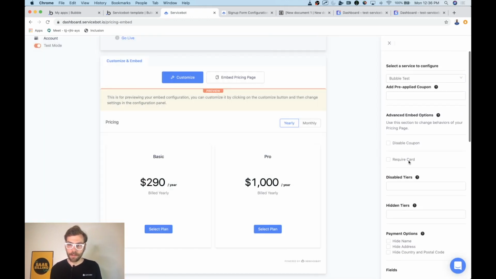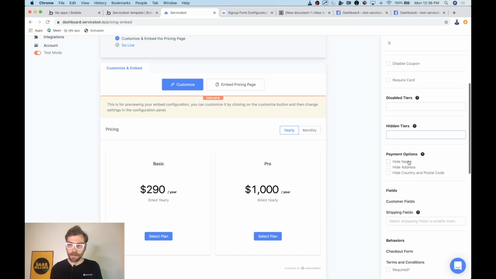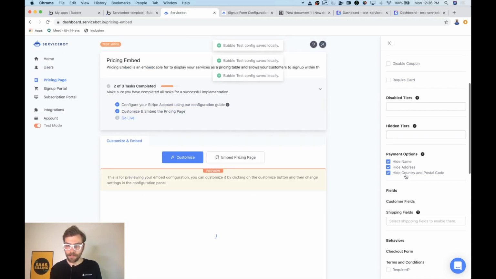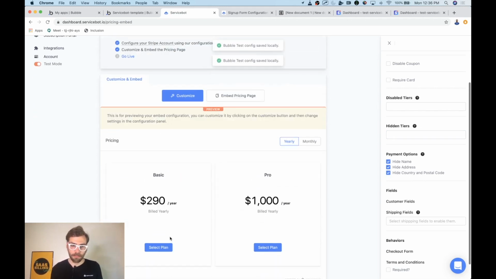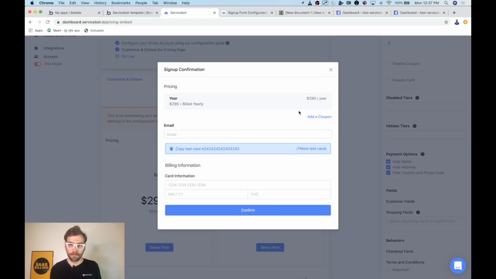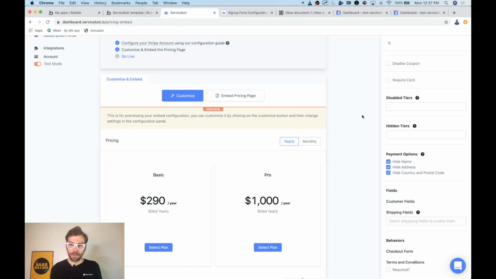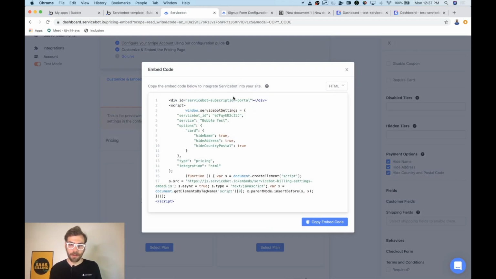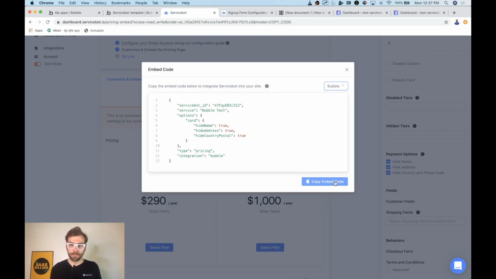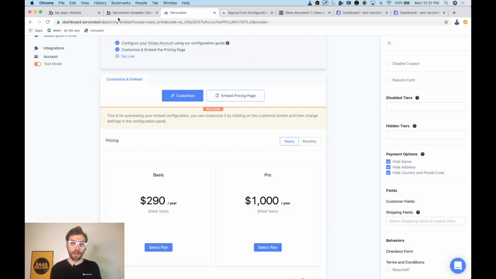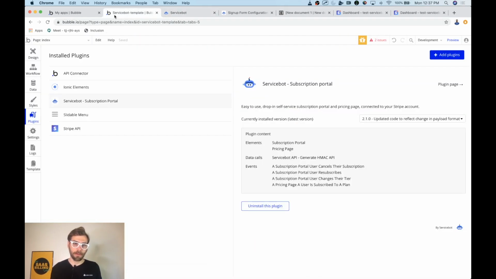If you click select plan, they can fill out their fields, and on the sidebar here you're going to be able to configure this embed. For this example, let's hide some of these payment fields to create a simpler checkout process. Once you're done configuring, you click embed, and on the top right there's a dropdown where you can select Bubble, click copy embed code, and then we can go right back to our Bubble,